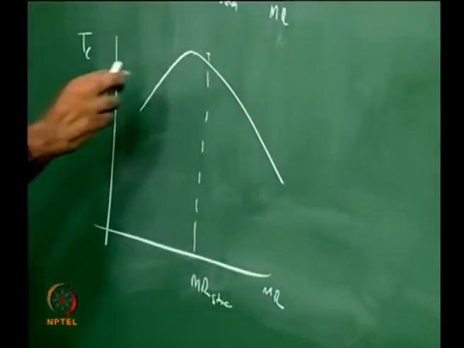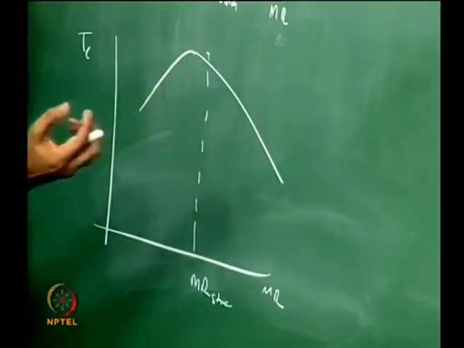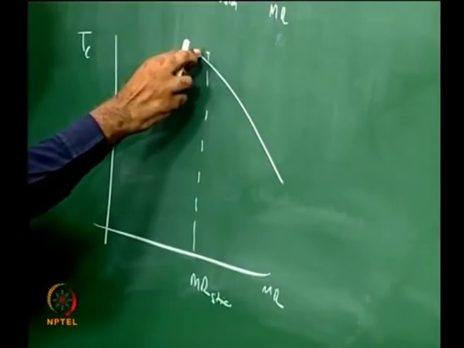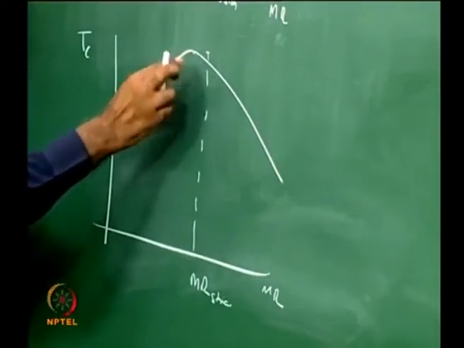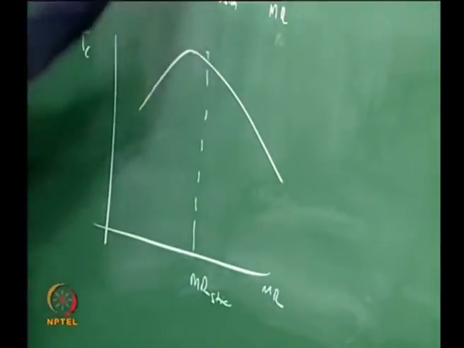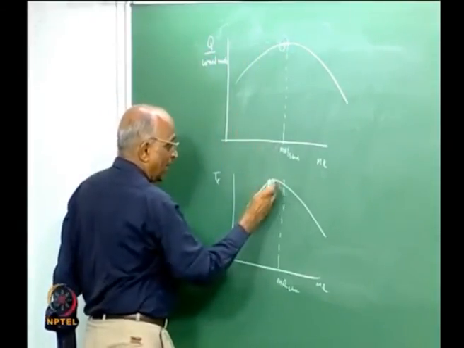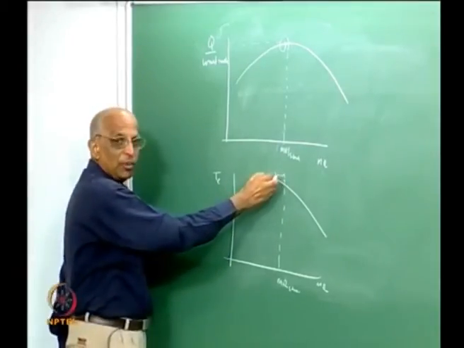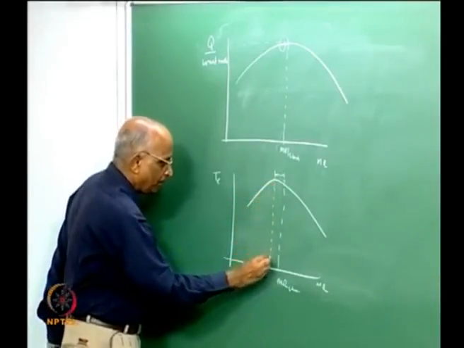Why did I say this? You find that when a substance is fuel rich, I form more of the smaller molecules, CO instead of CO2, and therefore CO has less specific heat compared to CO2, and since I am dividing by the value of specific heat, my peak changes from stoichiometry to this. Even though Q per unit mass remains the same, the specific heats are lower as I go along this direction, and therefore the peak shifts. It is not very noticeable, but still we must remember this. The peak temperature occurs not at stoichiometry, but at a slightly fuel rich condition.